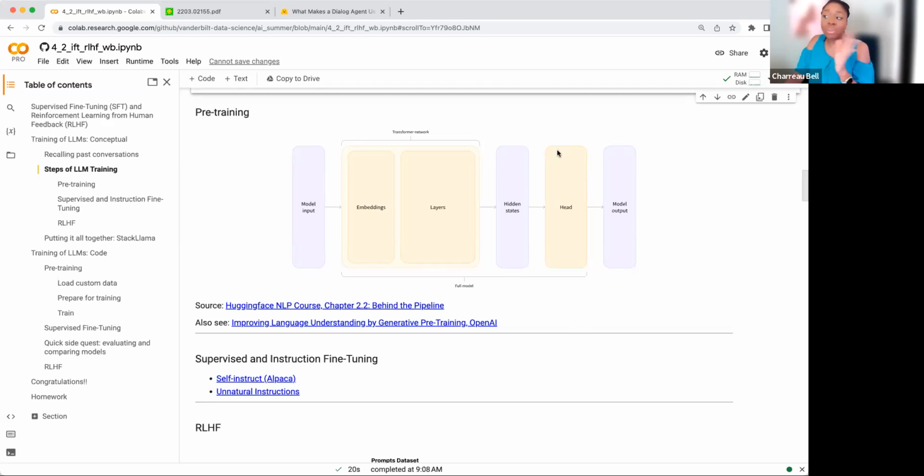So we can have any number of heads that are of interest to us, and we can switch them in and out and then train the model a little bit more so it actually learns the task, which is defined by the head. Okay, so this is what we learn.